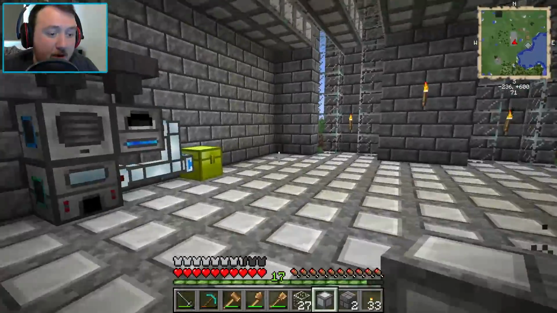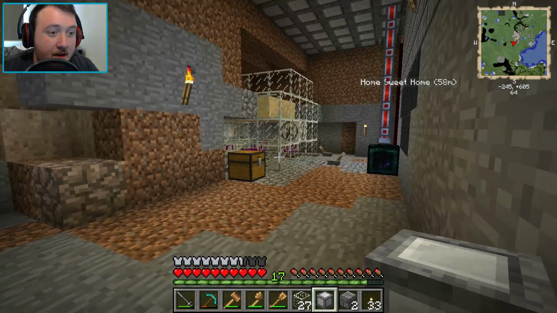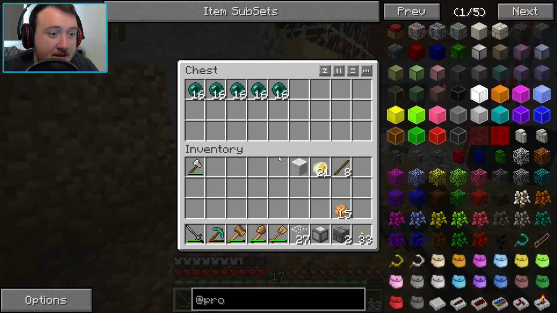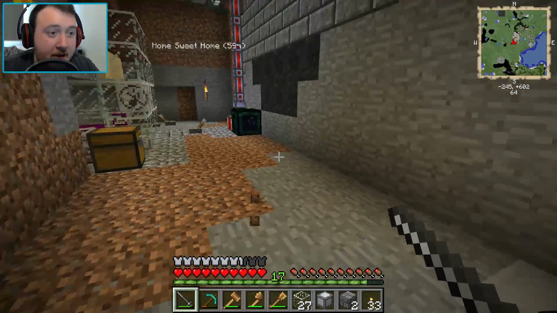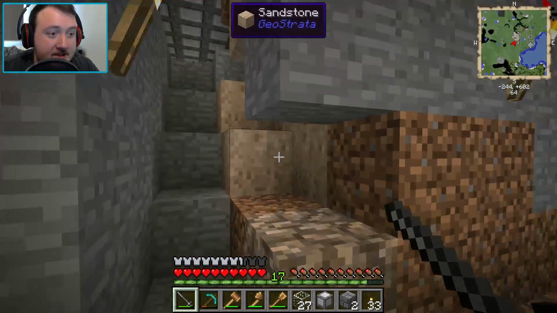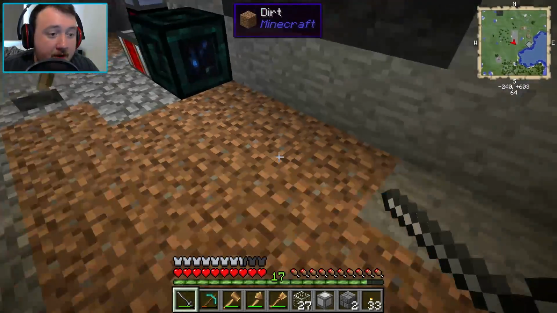So I have already dug out a little area for it to go down here. Hopefully nothing's down here waiting for me. Cool, nothing. Let's have a look at our ender pearls. We have plenty. We have tons of ender pearls. So I've dug out this area here, up this path, and I've got the side dug out because I figured what we can do is we can just hook up pipe with lava coming out of it,